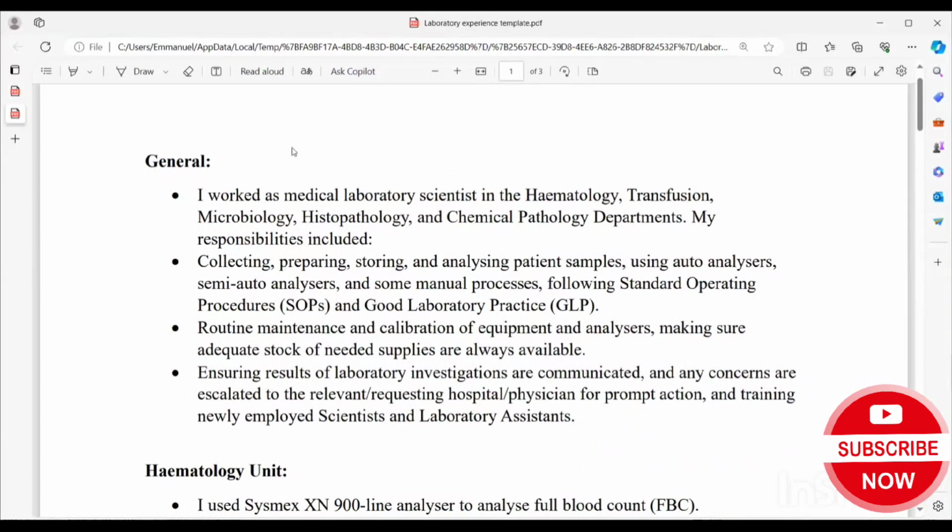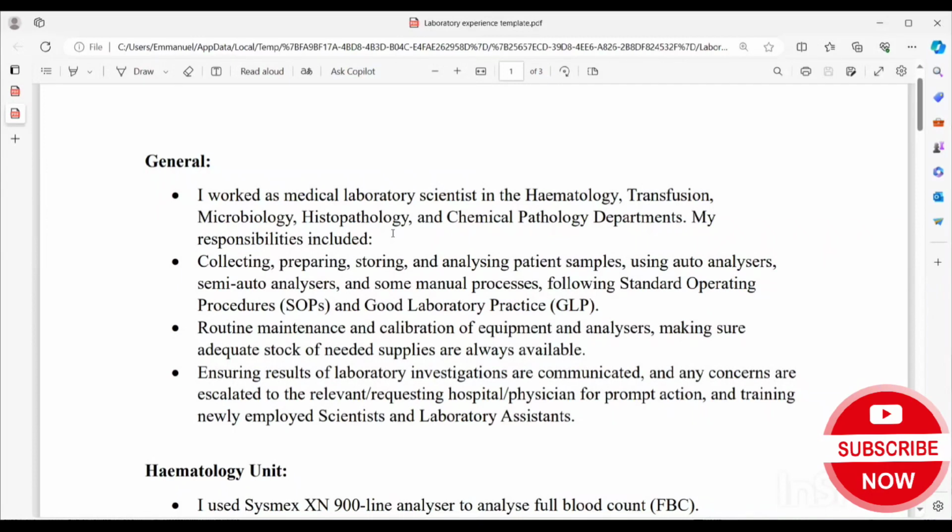If you look at this general, it doesn't matter where you work, okay? This is the same. Now, when I say I work as a medical laboratory scientist, okay, if I were you, if you have worked in many places and you apply for microbiology, say I work as a medical laboratory scientist or as a biomedical scientist in microbiology. Don't mention all of them. I've said this over and over. If you've had many experiences, put general in previous experiences. In fact, if you have worked in 5 places, use the last 3 to show your specificity in that area of the profession you want to apply for.